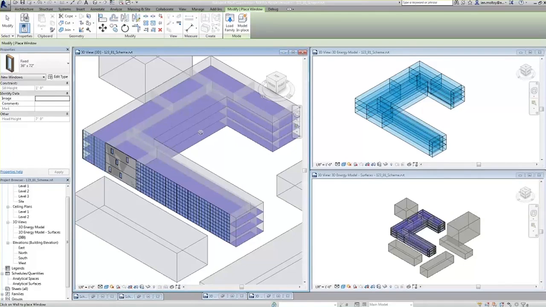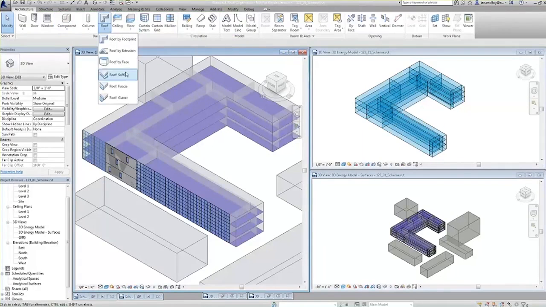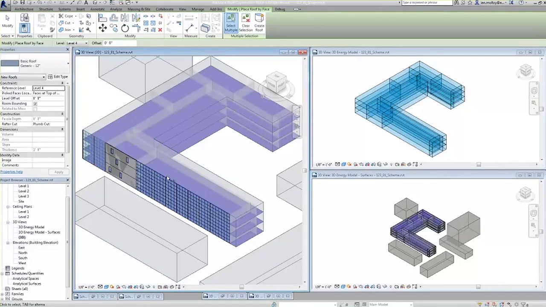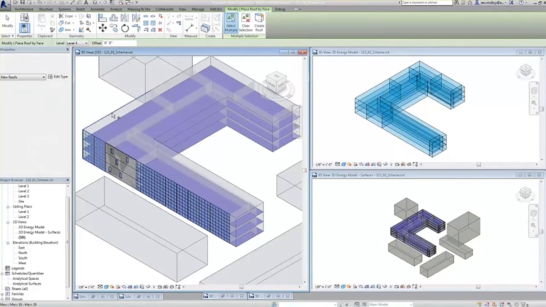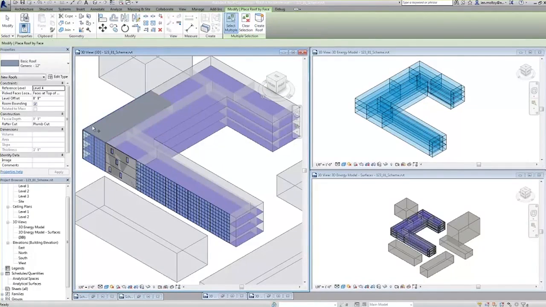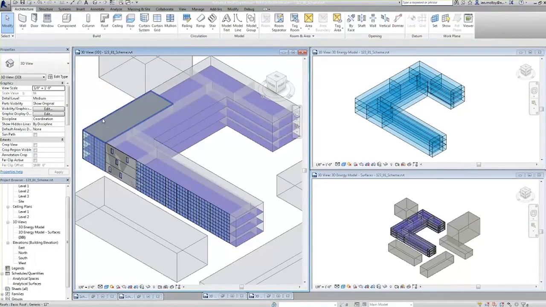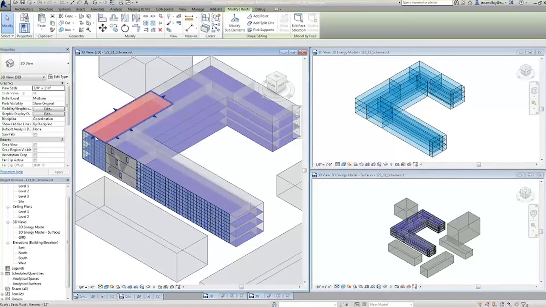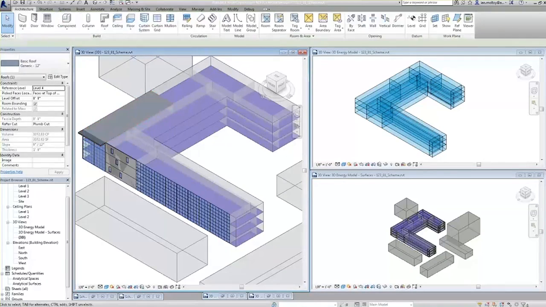But another thing I'm going to do, just because I want to show you some of the more advanced things, I'm just going to put a roof up here. For example, if I just pick this one here, create a roof, and I'm also going to extend this roof a little bit. And remember, in real models, these things are maybe not necessarily modeled particularly accurately, or maybe that's